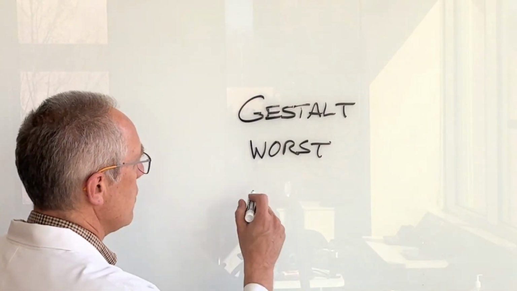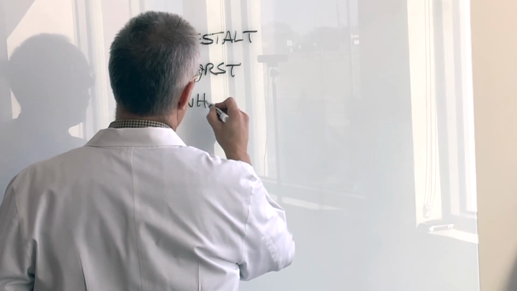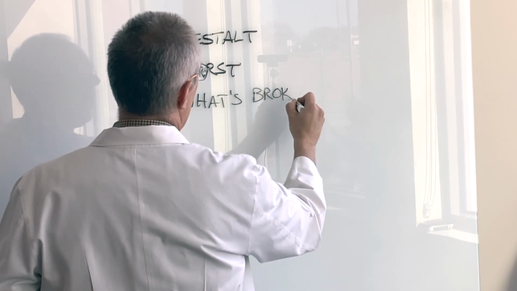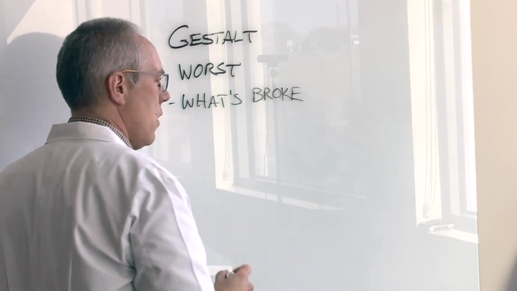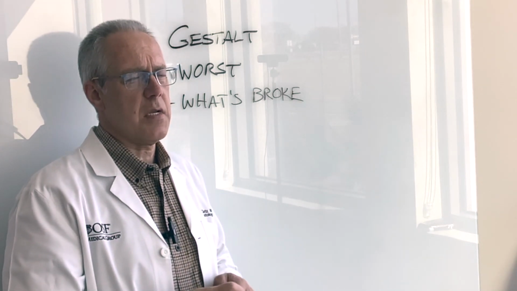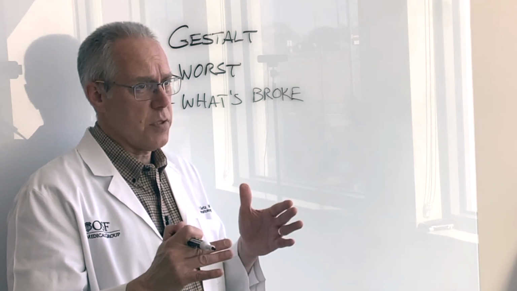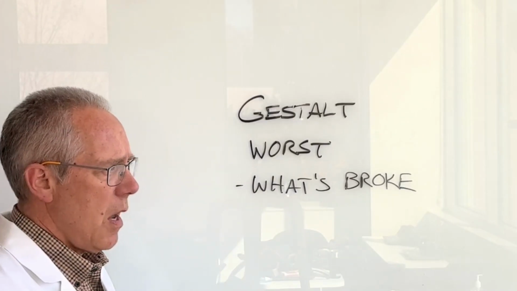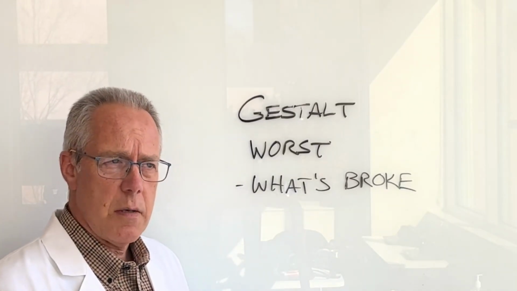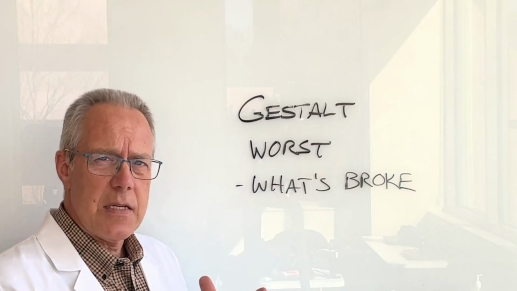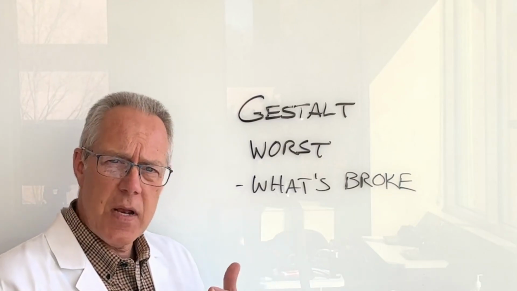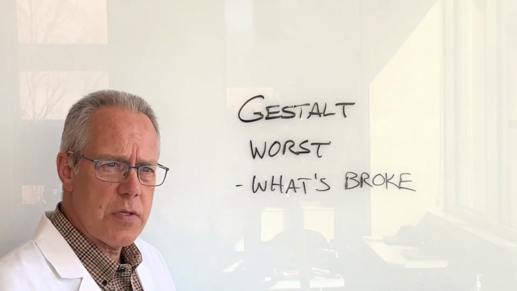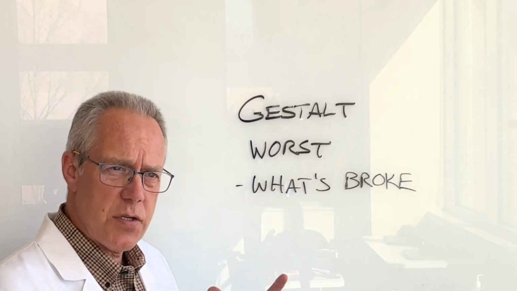And then I want to get to the last one here, which is the what's broke approach. Now, this is the one that all internists use, and this is the one where we're going to land. And I wanted to frame this because I'm going to teach you how to do differential diagnosis in immunologic disease. But what you have to decide is, out of all the signs and symptoms that are going on, what mechanically is actually not working right in the body? What anatomically is not right? What is physiologically not right? You have to decide out of all those things, what is it that's not working right,